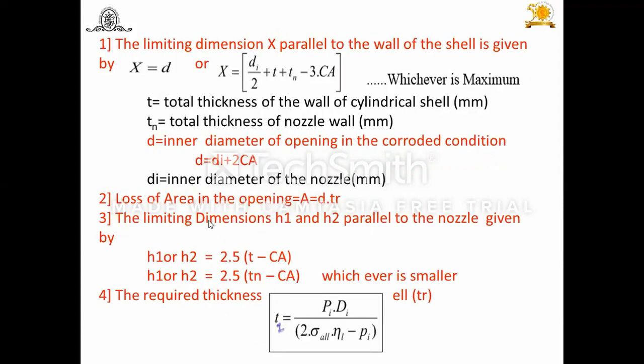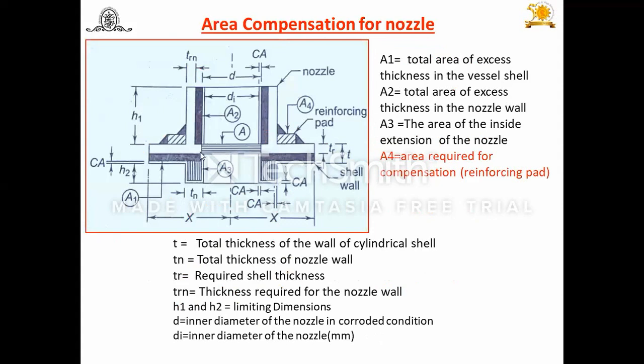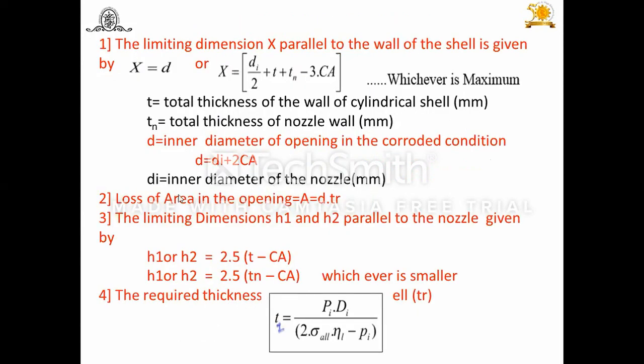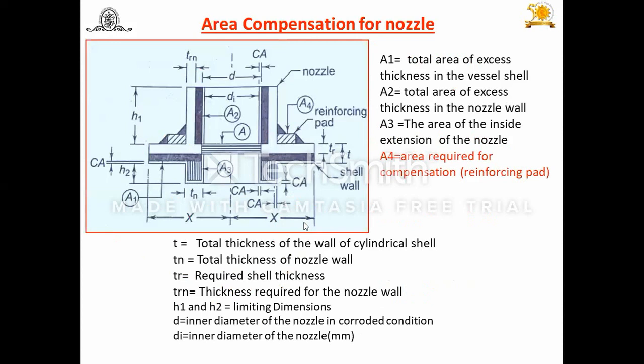Now let us find out this area. A is removed, or the opening which is cut in the pressure vessel to fit this nozzle. So how much is this area? This area here, you first have to find out the area removed to fit that opening. A is equal to d into Tr. Look at this. Now Tr in this case is the thickness of the cylindrical shell, this. And what is this? That is d.